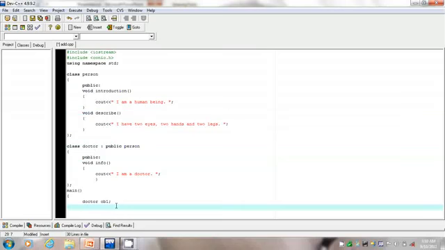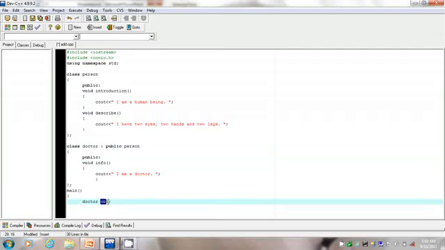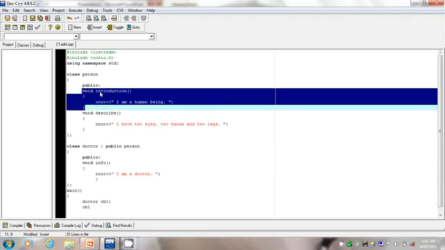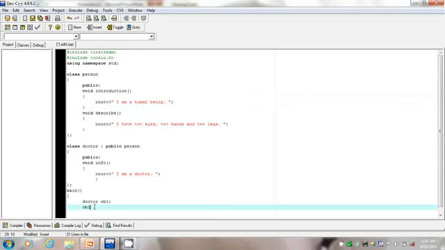So I'm going to access introduction and describe functions using doctor object ob1. Since I have inherited person class, I can use an object of doctor class to access any member function of person class. ob1 dot,